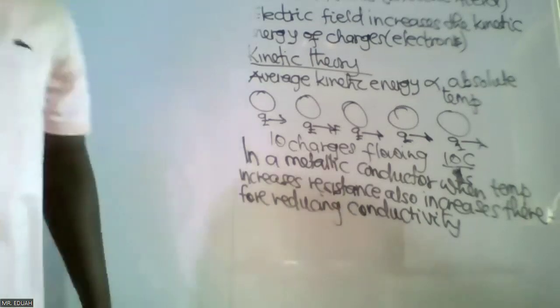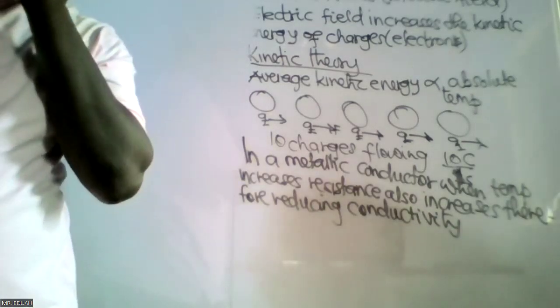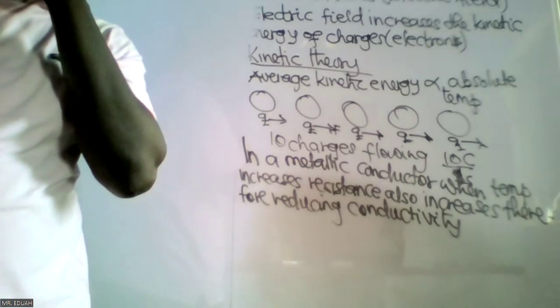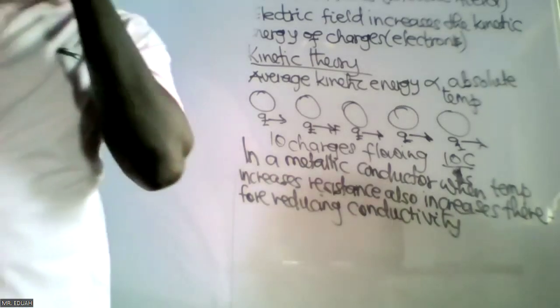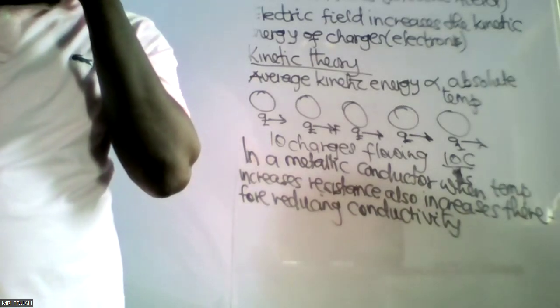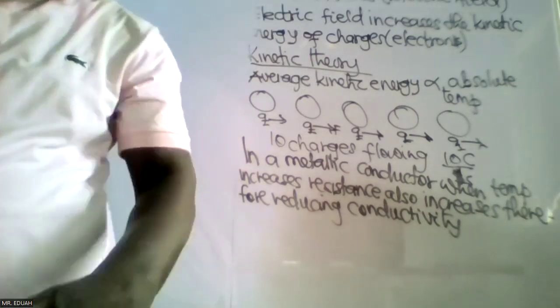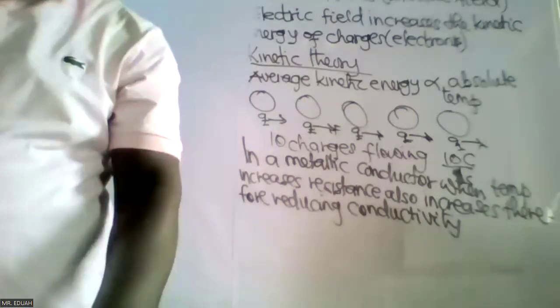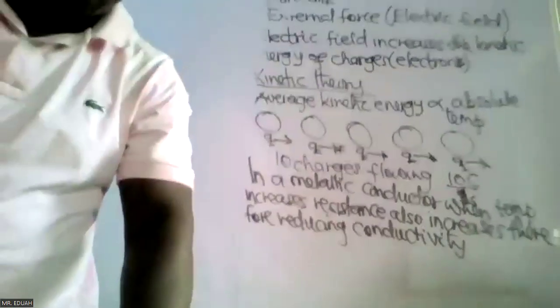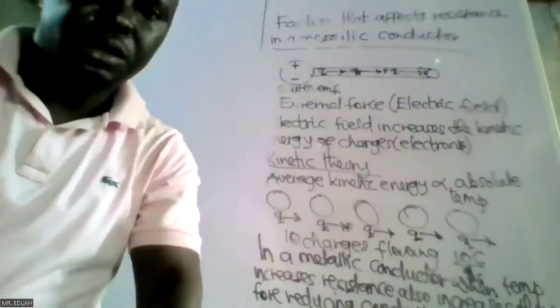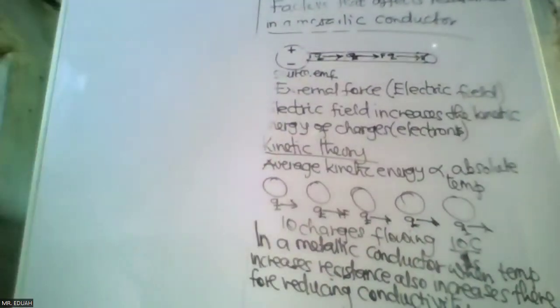I'll say it's because the increase in temperature allows the molecules, the atoms of the conductor, to vibrate. The temperature gives the atoms energy to vibrate. And as they vibrate, they will knock off the electrons. Thank you. So the whole thing is that I just told you that